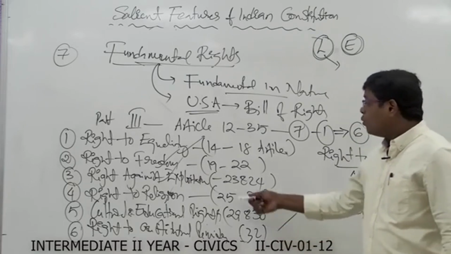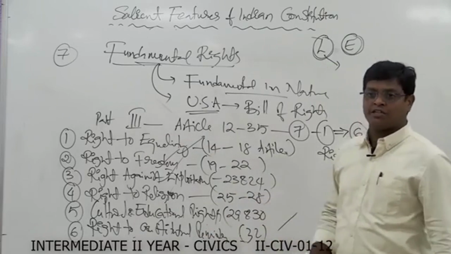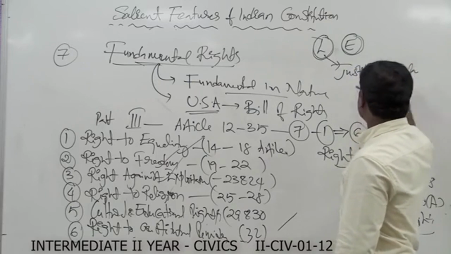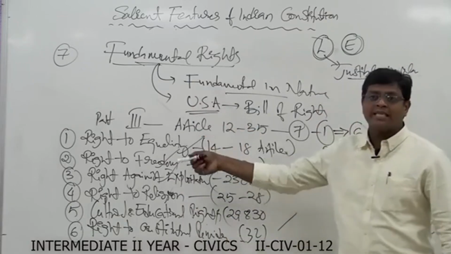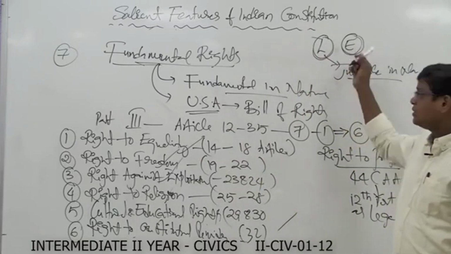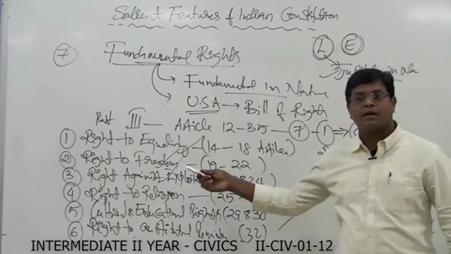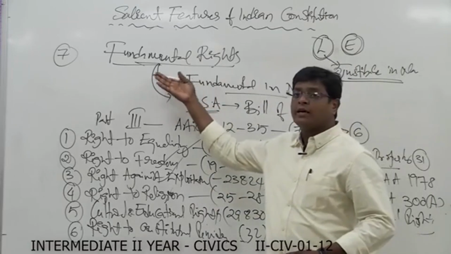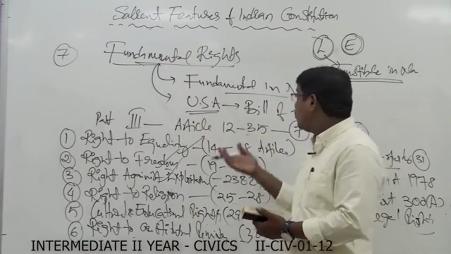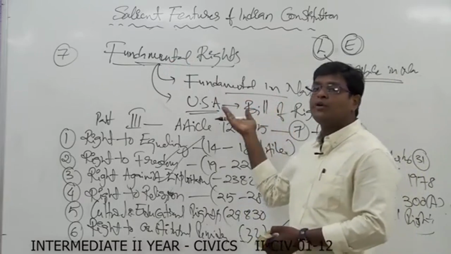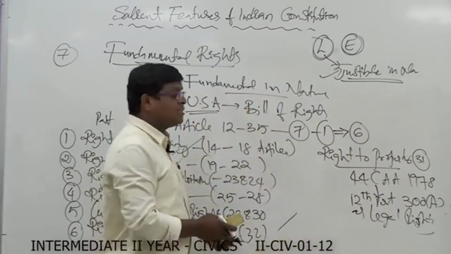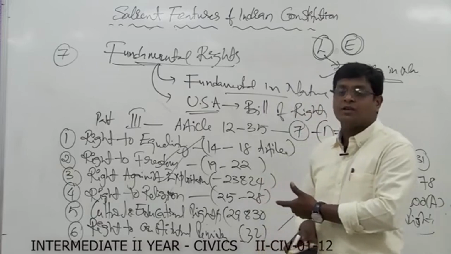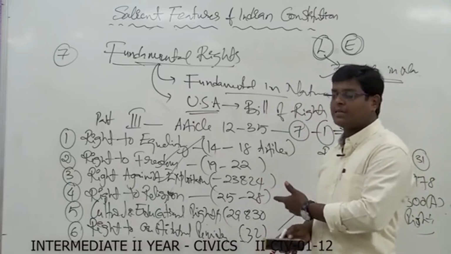Understood? That's why the fundamental rights are justiciable in nature. Because when fundamental rights are violated by any legislative or executive activity, the judiciary can protect our fundamental rights. That's why they are justiciable in nature. This is also one of the important salient features of the Indian Constitution. We were inspired by the Bill of Rights and also by the 1948 Universal Declaration of Human Rights by the United Nations General Assembly.